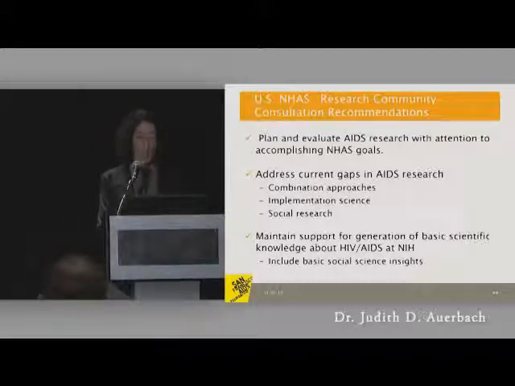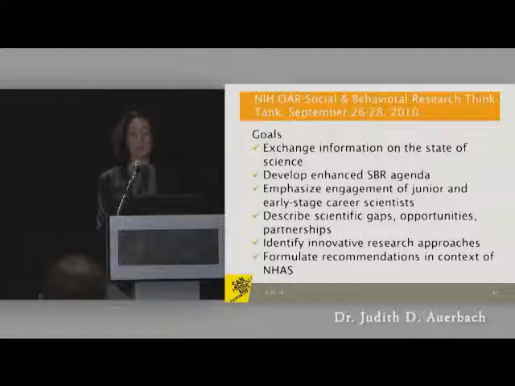We also had the NIH, the National Institutes of Health, convene some folks after the National AIDS Strategy was introduced to say, help us figure out what we should be doing in the specific area of social and behavioral research as it relates to the goals of the national strategy. So the strategy has become a frame by which we can prioritize research much better. There was a group of about 100. I was external co-chair of this group with Tom Coates, who you may know of.